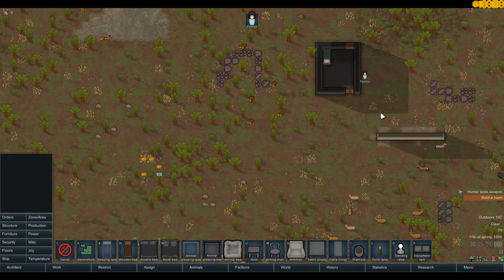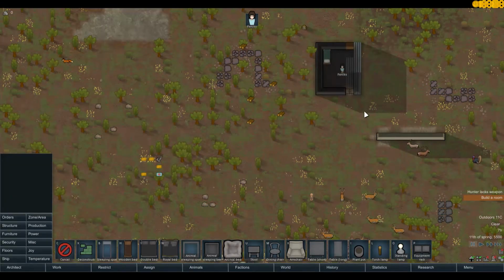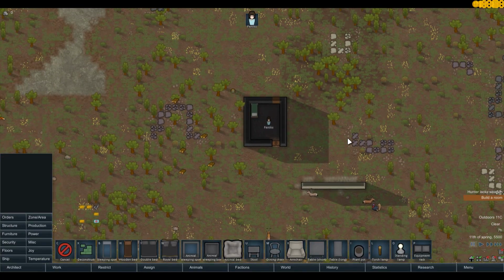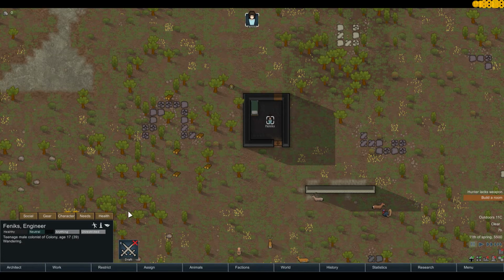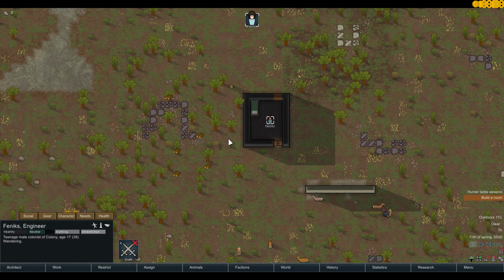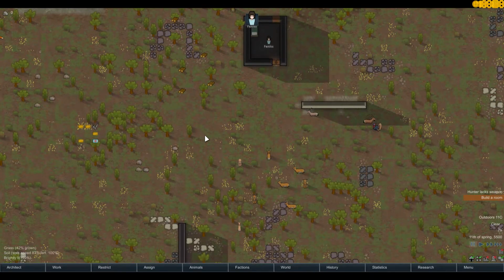Okay, can we build everything? Fantastic. We're going to build the roof now. Awesome. So things are going slowly. Phoenix is actually quite set up. And I will show you my character as well, so let's have a look at my guy. Character is actually quite good. So he has shooting, melee, medicine, cooking, passion for growing, mining, and not bad for constructing, so overall really good. The only thing is he's a prosthophobe, so he will be not so keen on prosthetics, but that's fine,